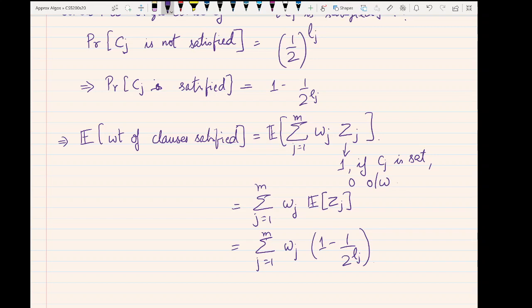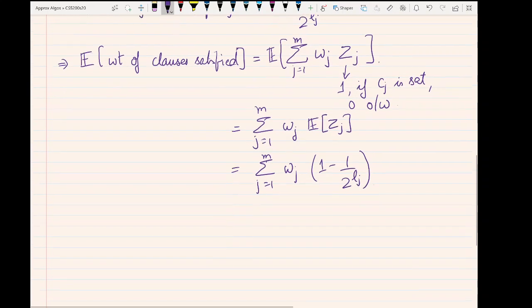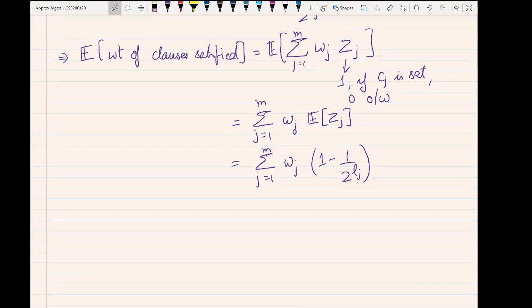That is, we have the sum of Wj multiplied by 1 minus 1 over 2 raised to Lj. Now, of course, one can simplify this in a trivial way, but this expression we'll keep in mind for later use. So the expected weight of clauses satisfied by a random assignment of 0, 1 values to the variables is greater than or equal to